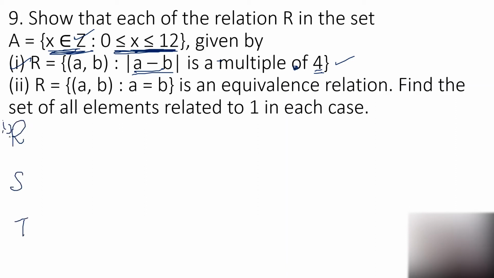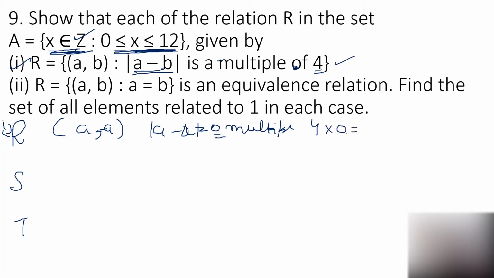First part, we are considering A minus B. So very first we are supposed to check whether A minus A, is A related to A or not. A minus A is equal to 0. Yes, it is a multiple of 4. 0 is a multiple of 4, we can get it if we multiply 4 by any integer, that is 0, we'll be getting 0. Yes, 0 is a multiple of 4. Therefore, it is reflexive.